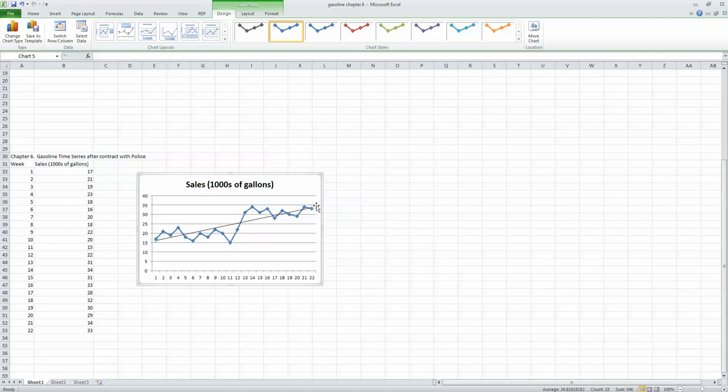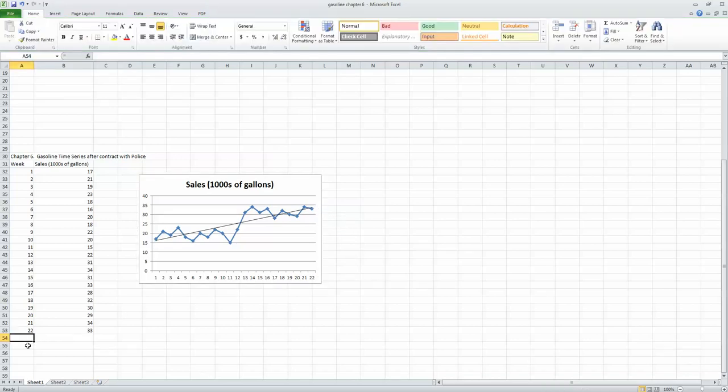And as you may see, this is the line that shows the trend, an overall trend for this data. So to predict week 23 to week 24, all we need to know is the equation for that line, which we're going to practice on the following sections, or we're going to find a method to do it. It's very simple. And right on that line, we're going to find the predicted values into the future. We just need to find the equation and substitute the value 23, 24 into the equation, but that is going to be shown in more detail in section